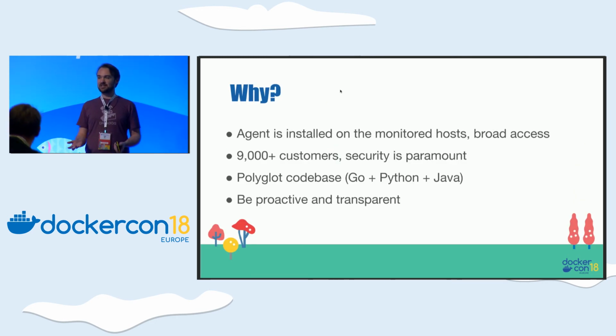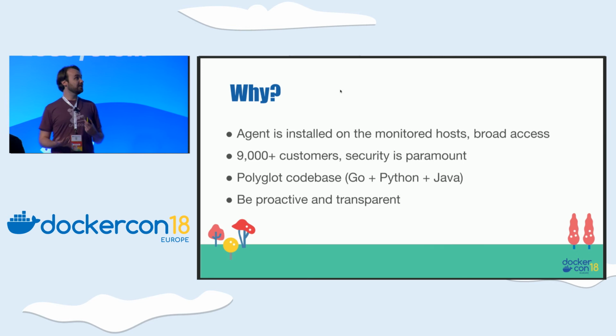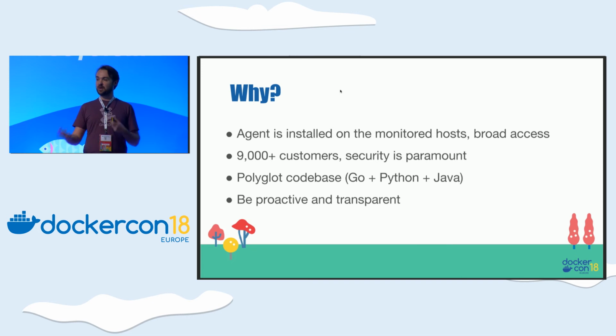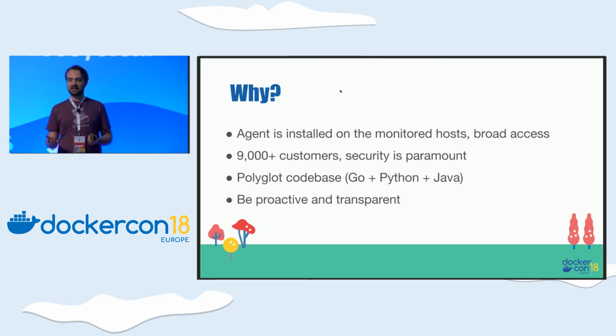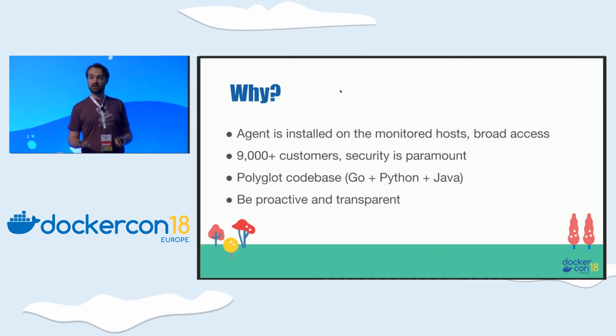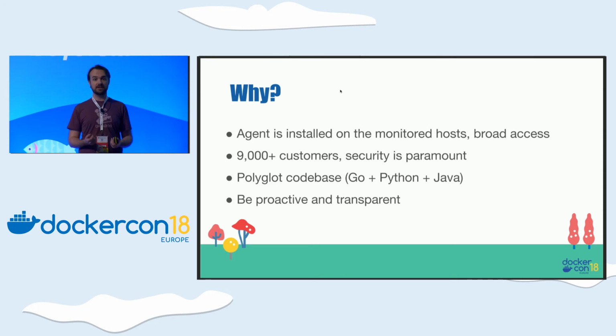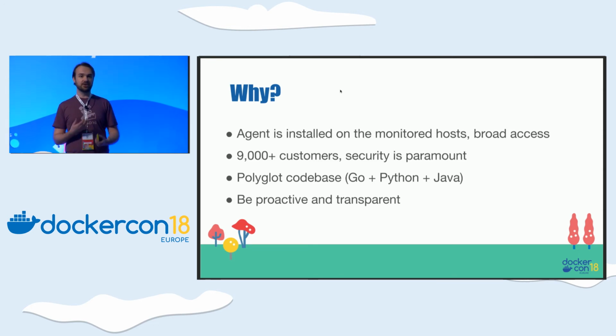So what was this project? This project was ensuring our container images were secure, because our monitoring is based on an agent. You install an agent on your host, and this agent is going to connect to your kubelet, to the Docker daemon, to your applications, and get metrics. So it has a pretty broad access. And it's installed on every host for every other customer, and we have thousands of customers. So security is very important for us. Make sure the agent is secure and works as intended and cannot be used to escalate privileges.